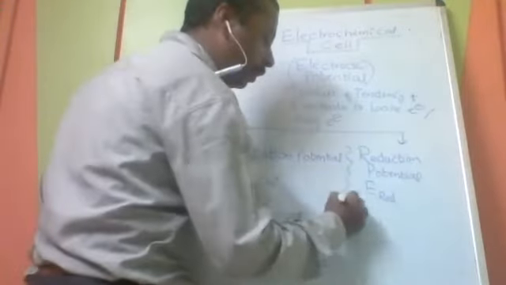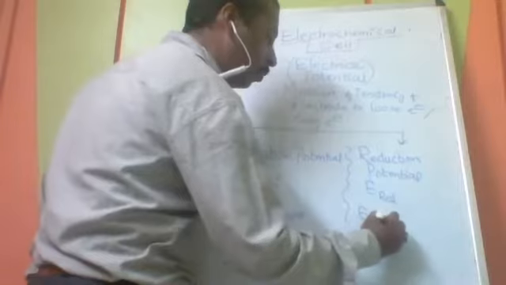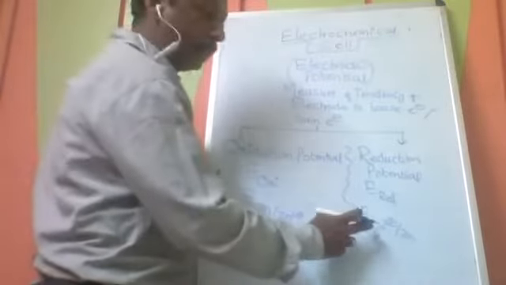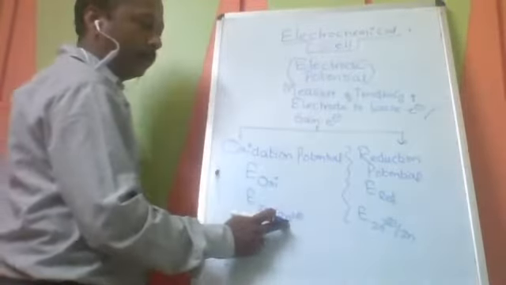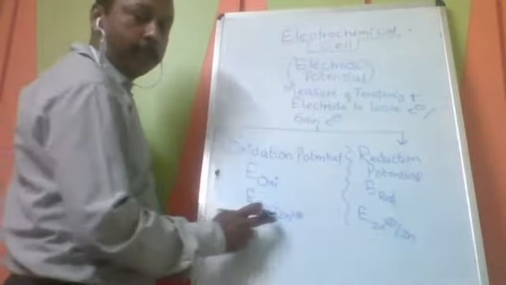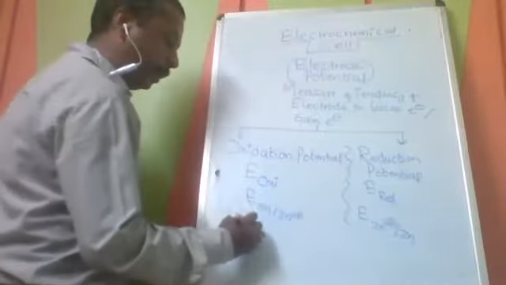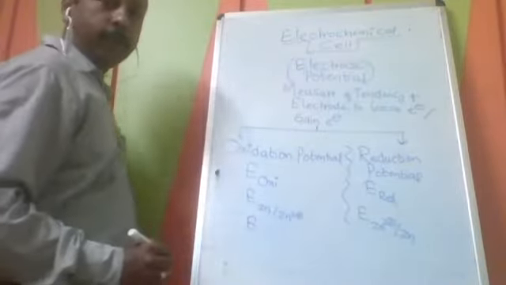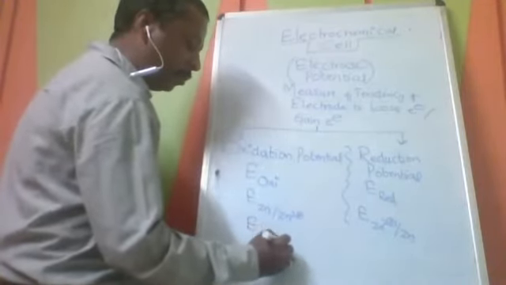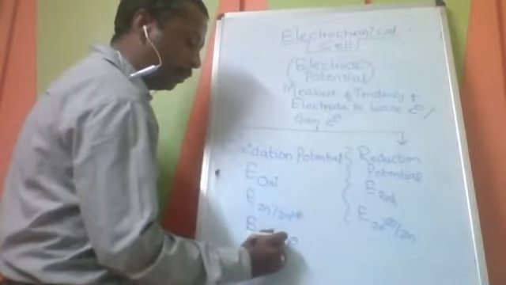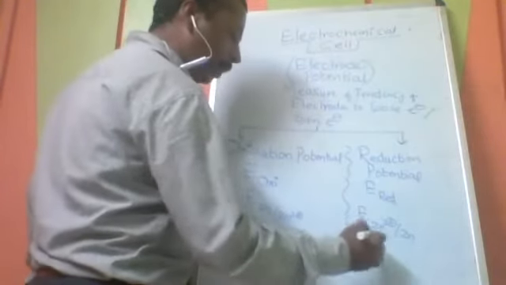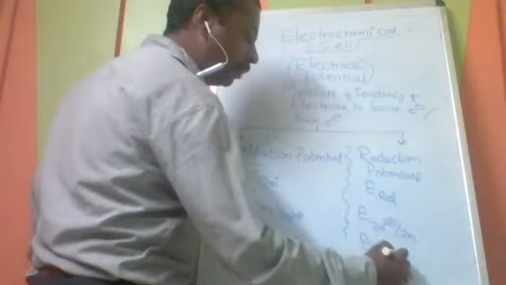Same way here, E Zn2 positive, the same thing should be written in the opposite manner. Here zinc first; here zinc 2 positive first, then zinc. It is in the opposite direction: Zn2 positive, Zn. The same way, if you want to write it for electronegative elements, it is like Cl2, 2Cl minus. Cl2 and 2Cl minus, and here it will be E. Same thing, if I want to write here, Cl minus will be first.